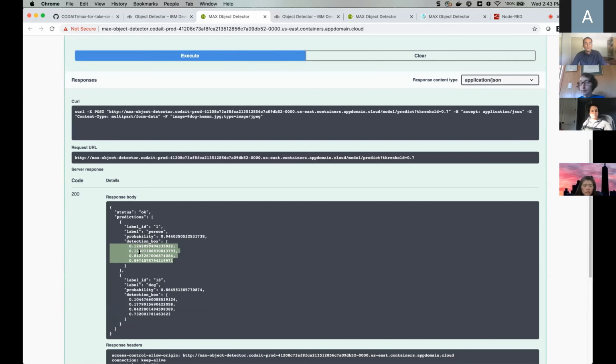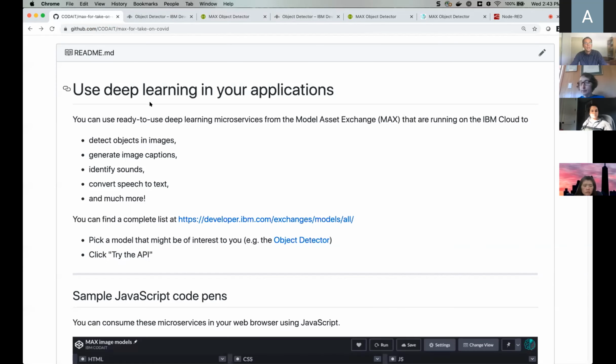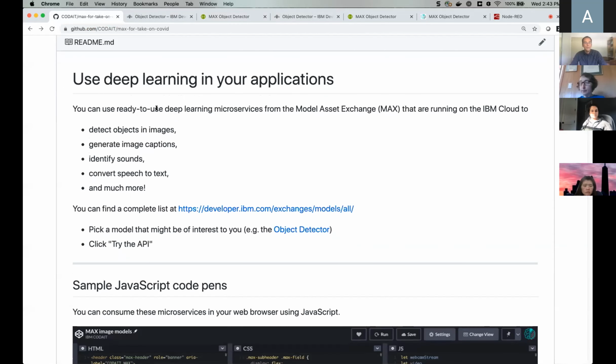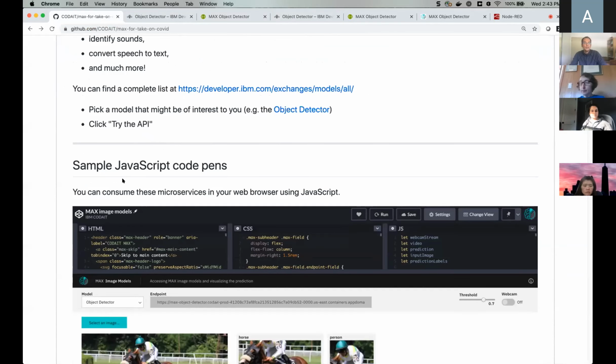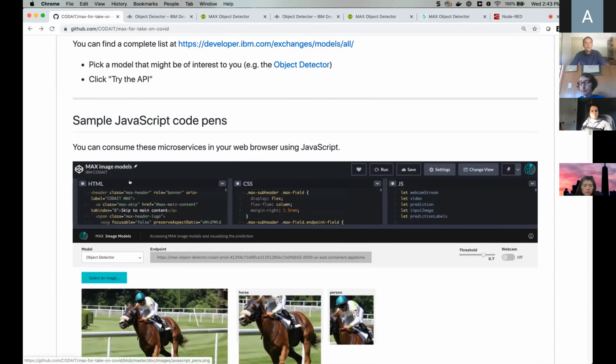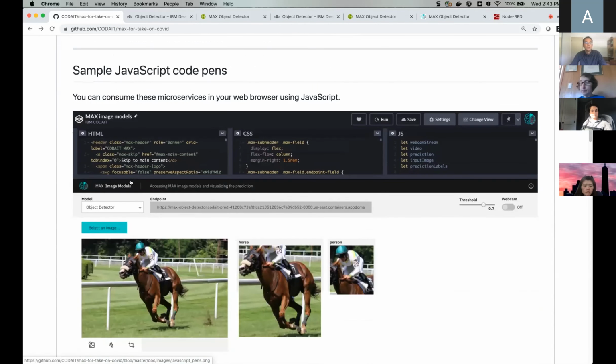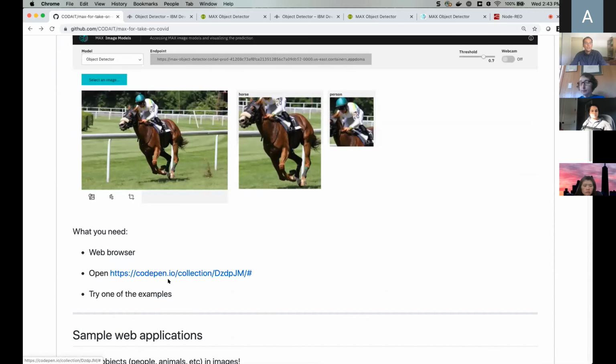visualize the results. Let me actually show you what this looks like in a sample application, because this is what we have provided you with in the lab instructions. So if we go back to the GitHub repository, we can see we provide you with JavaScript code pens that you can use interactively by simply using your browser. So let me just open it up